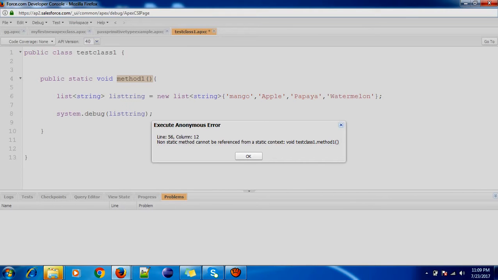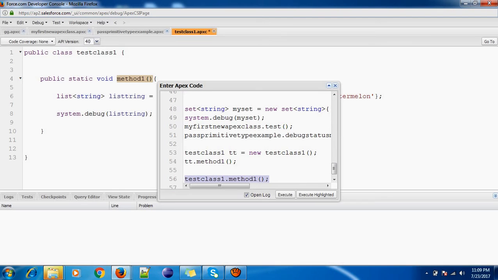So why this error? Non-static method cannot be referenced from a static context. Any guesses why this error?